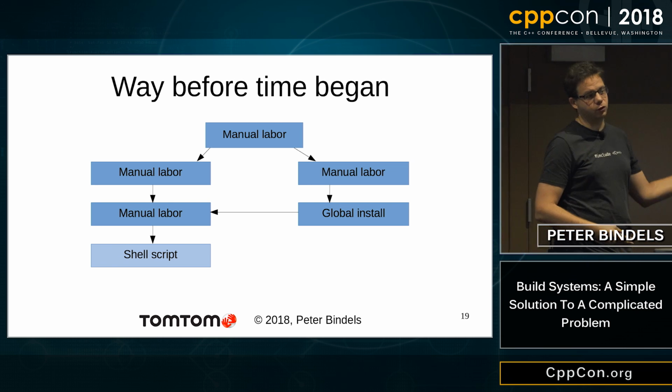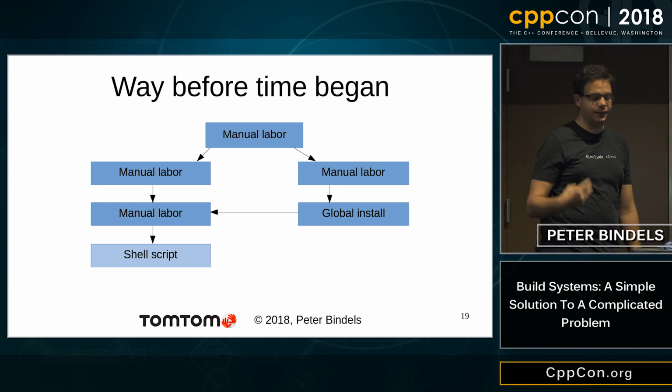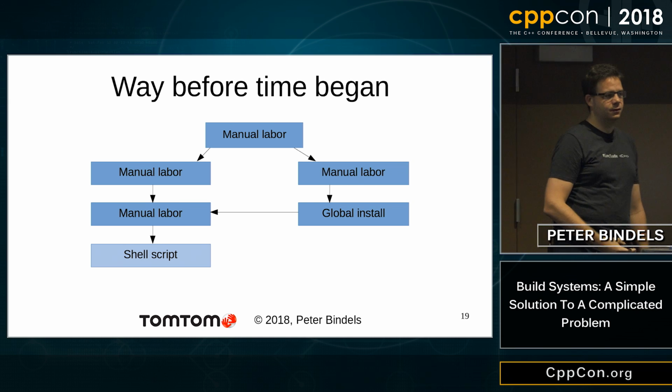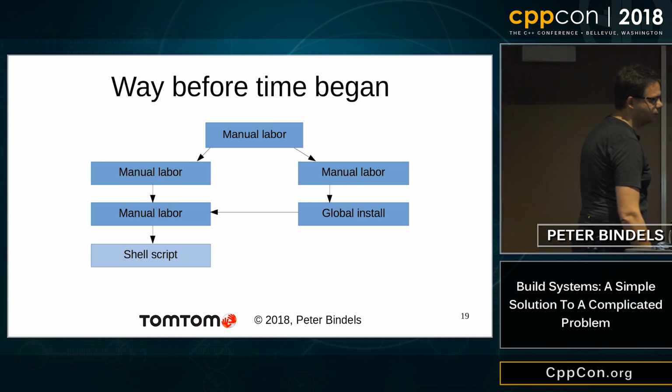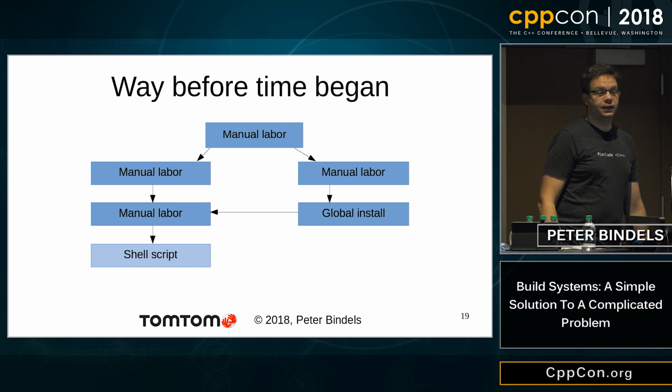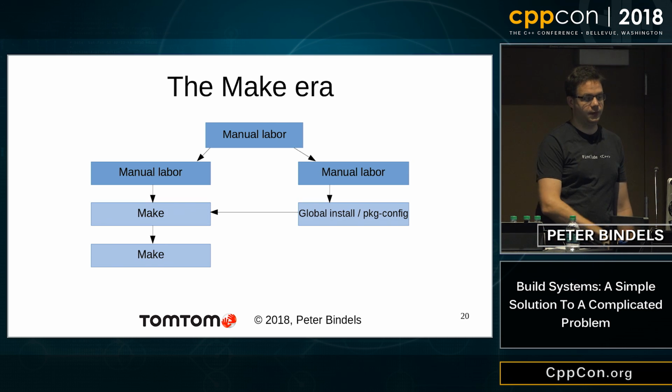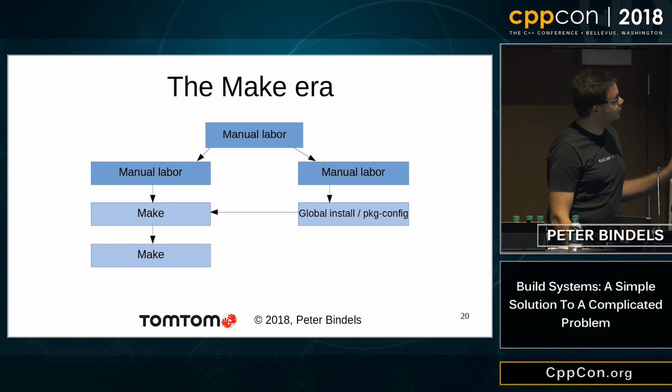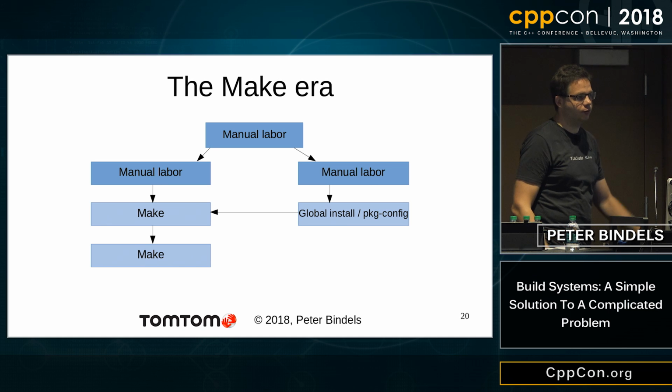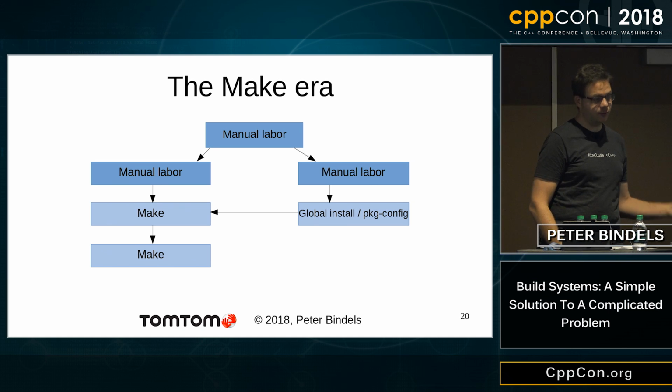At this point, it wasn't multi-core yet, but I'm recompiling everything every single time. There has to be a better way to do this. So somebody set out to make. And we get to the make era. And I've put package config in here. It's sort of in this time frame, and there is a little bit of that, but mostly it's still just